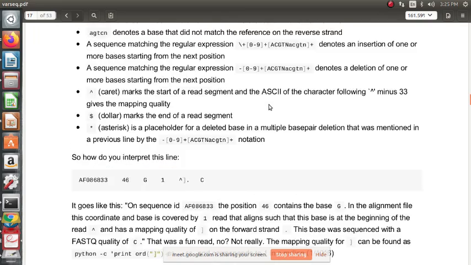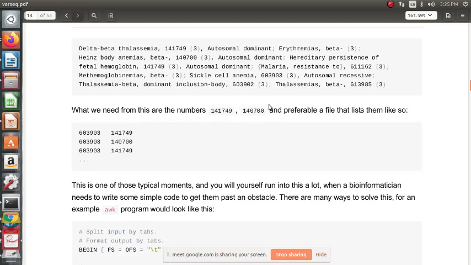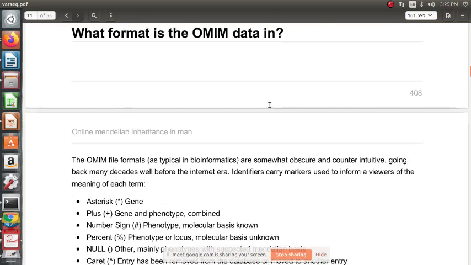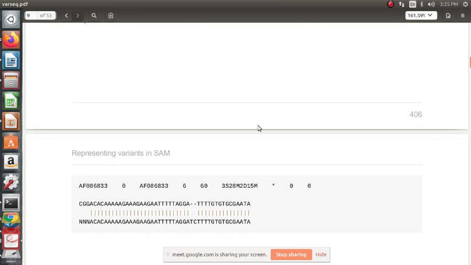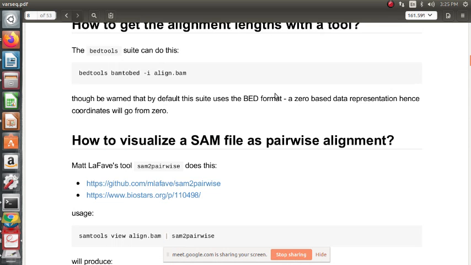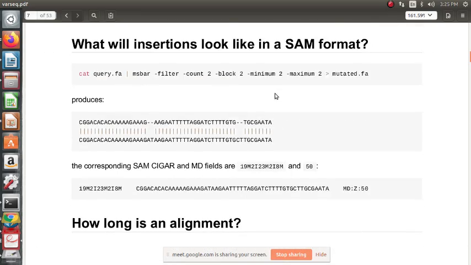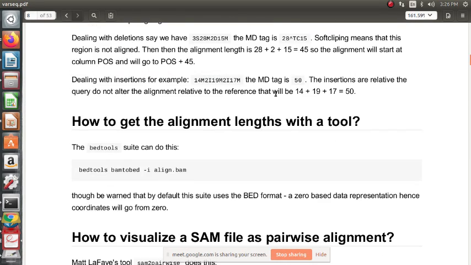With the same data set above, which we saw yesterday in the last section, we already got 60 here, right? Yes, we got this mapping quality as 60. This is the same file, same data set.